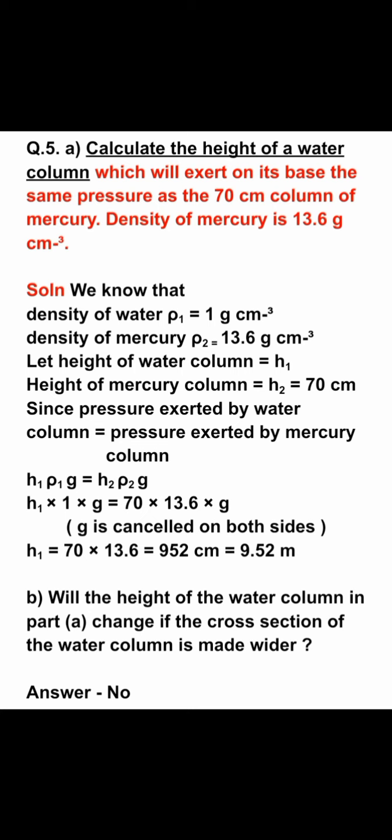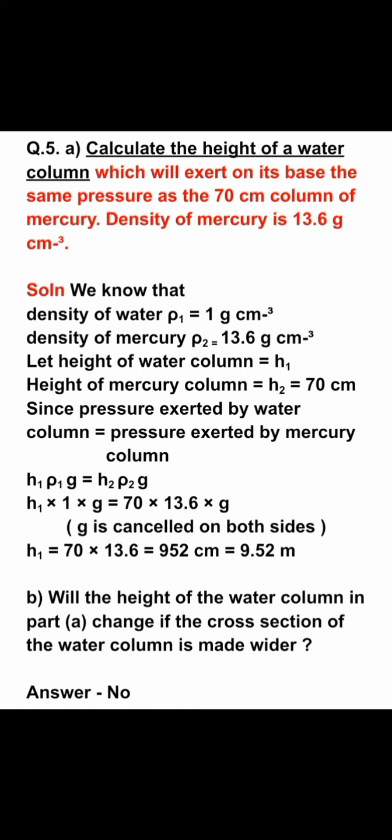H1 into rho 1, it's 1, into G equals H2, that is 70 centimeter, into rho 2's value, given 13.6 gram per centimeter cube, into G. Now G will be cancelled on both sides. So we will be getting H1 into 1, which means H1 itself, equals 70 into 13.6